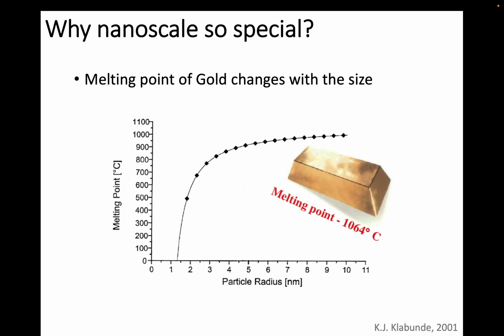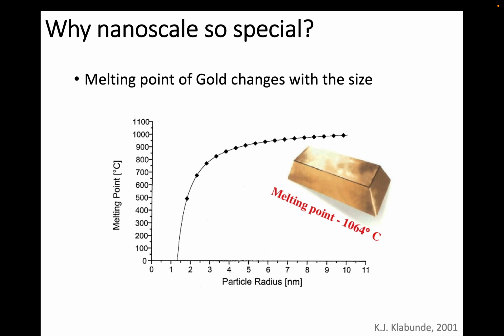At 11 nanometer, the melting point is more or less very close to 1064, because this value is about 1000. I cannot really draw the horizontal line there. So what that means is that if you bring gold down to 50 nanometer, it'll still be 1064 degrees C, right? But if we bring it down to, let's say, 6 nanometer, now the melting point is somewhat smaller than 1064.